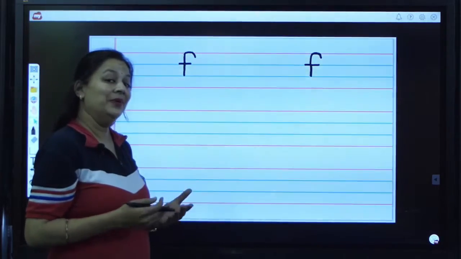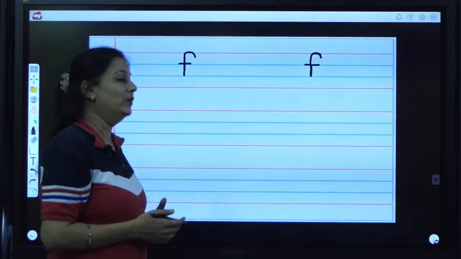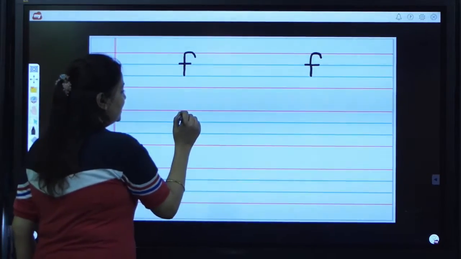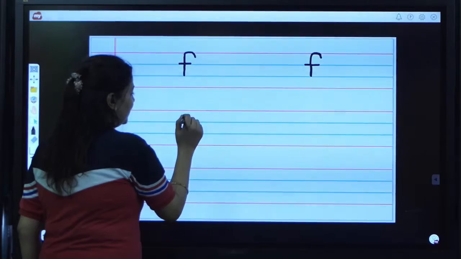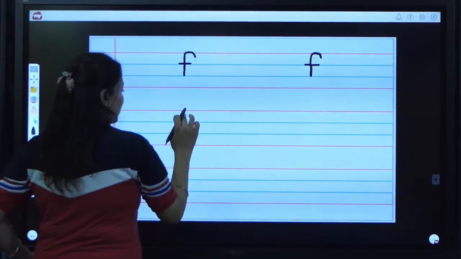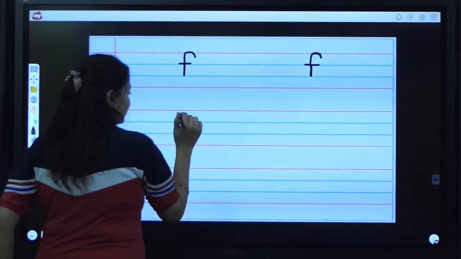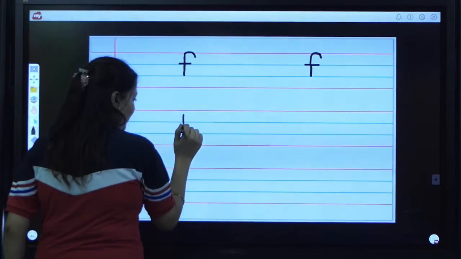Now again I am going to tell you the formation of lowercase f. Watch me carefully. Put your pencil between the top and the middle line. Draw a standing line. You should draw a straight standing line. Stop on the base line.